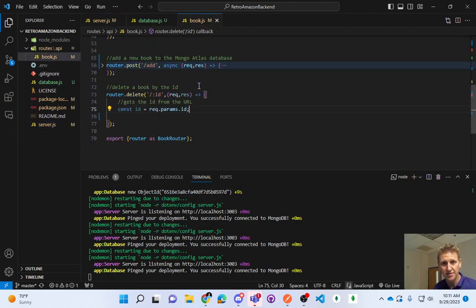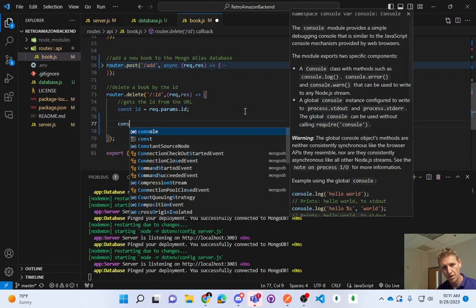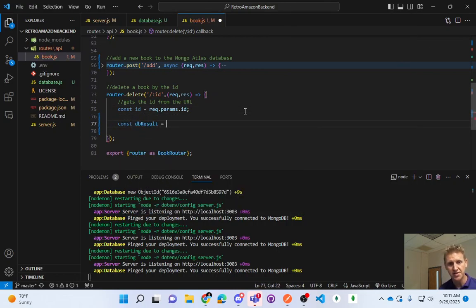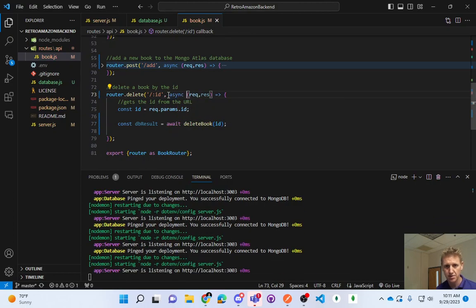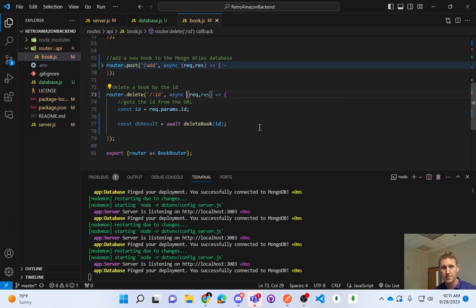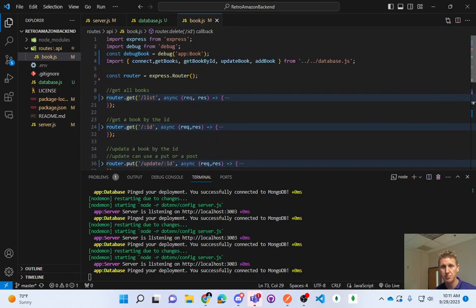And so if I go over here, we'll say db result equals await. And we need to make this function async. And we need to bring in delete book because, well,